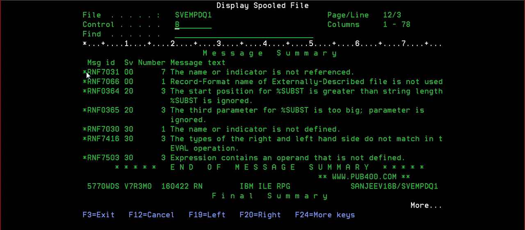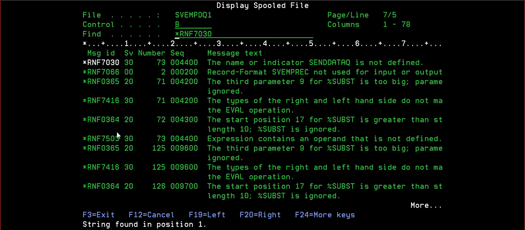Okay, so many errors. So you guys tell me how to resolve this. Okay, this.